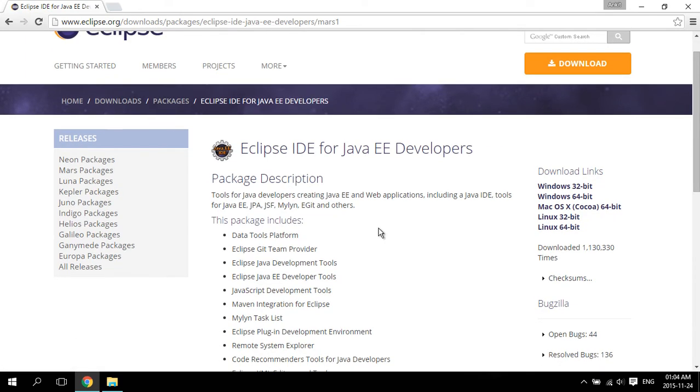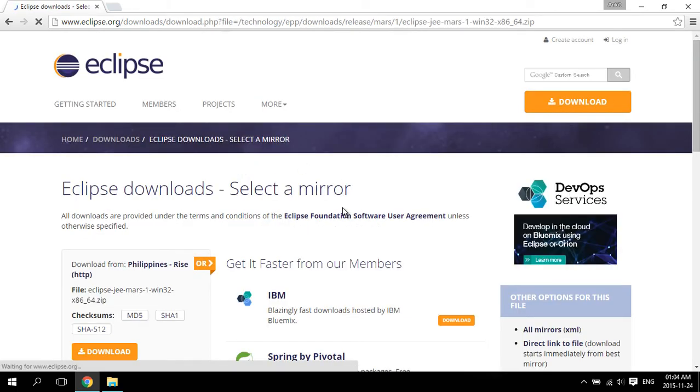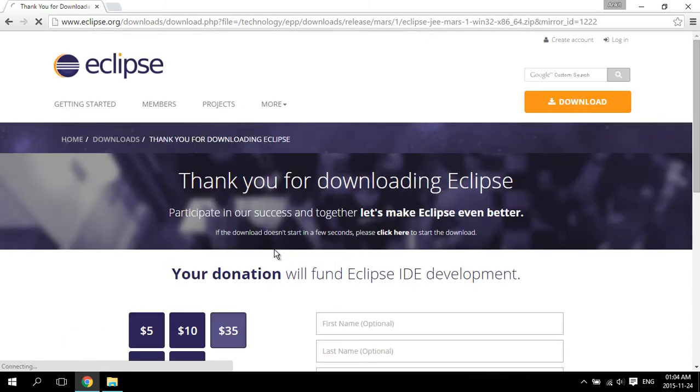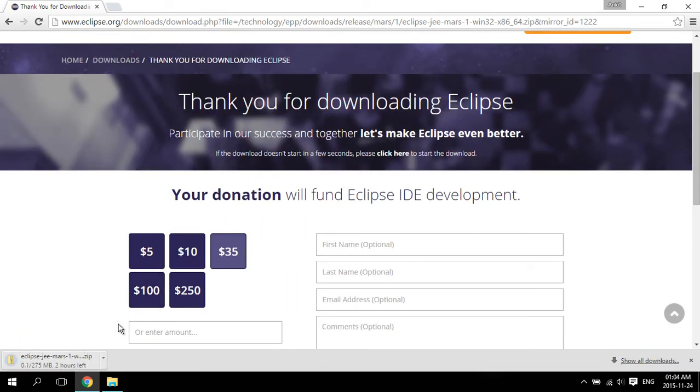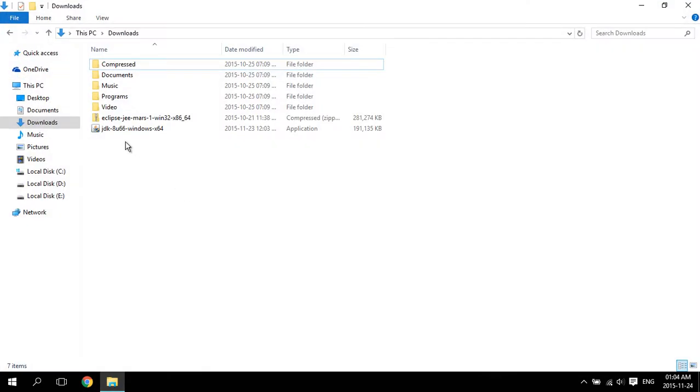And now choose the Eclipse for your system. For me it is Windows 64-bit. And finally click download. So Eclipse will be downloaded, and since I've already downloaded this file, I'm just going to cancel this download, and